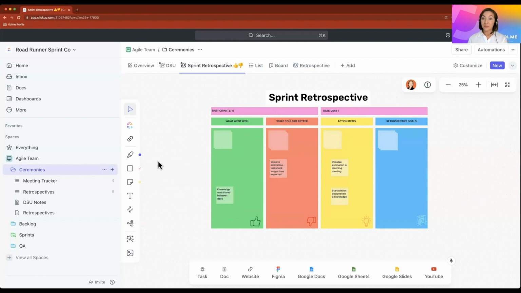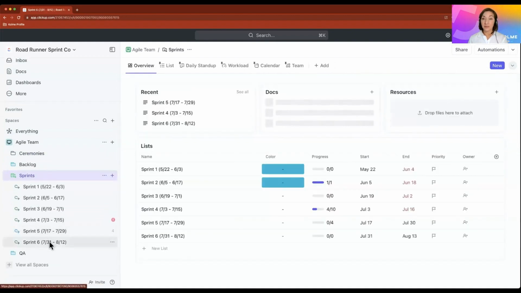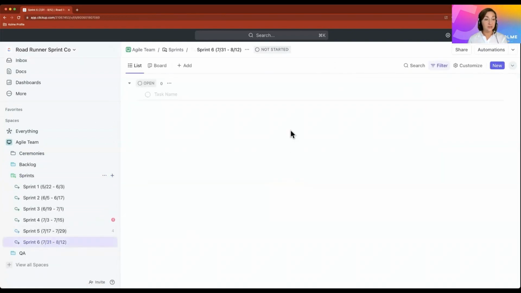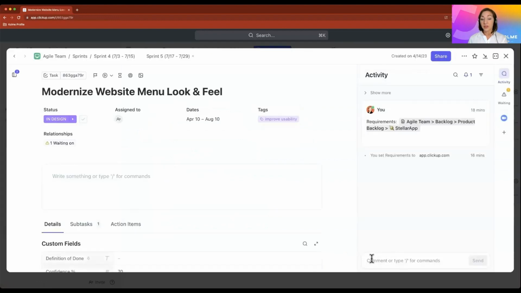Even before the team reaches the retrospective point at the end of the sprint, we always have the ability, as we are working on items in our sprint, to just navigate into a task. And we can use the common functions to have those conversations. If I'm working on this task, perhaps I have